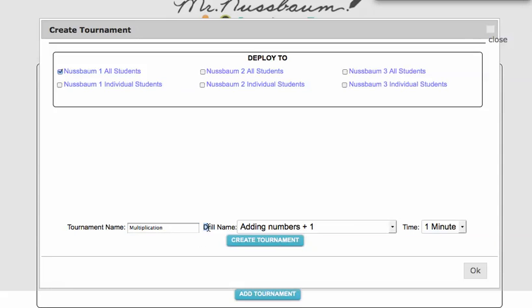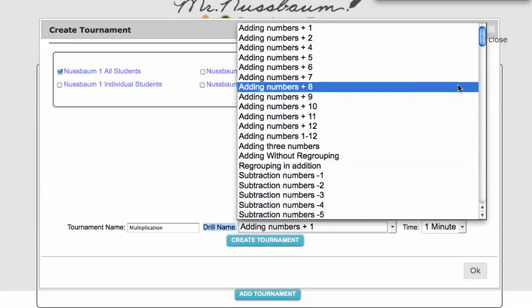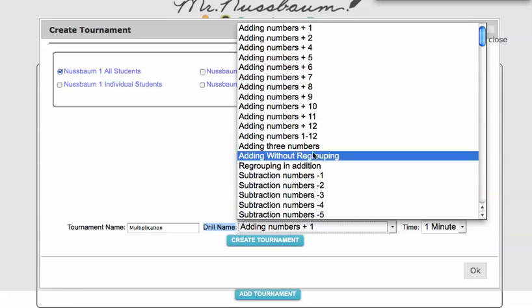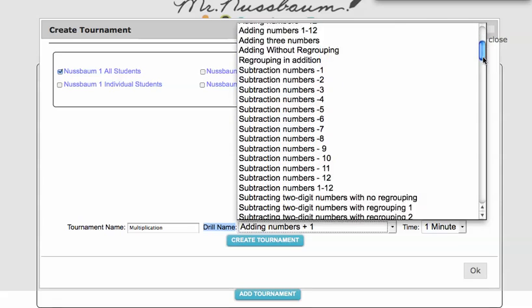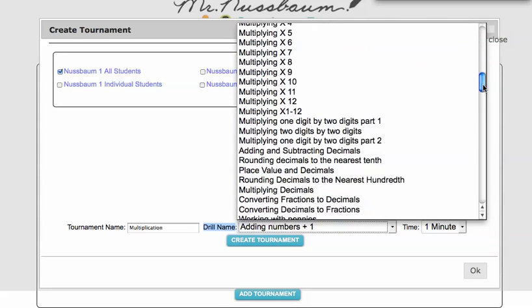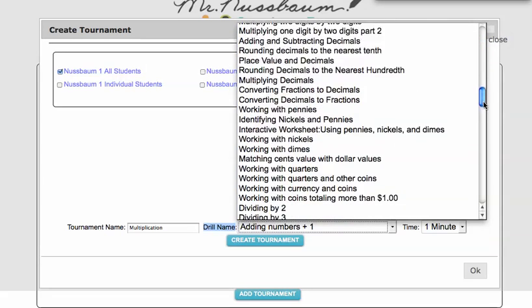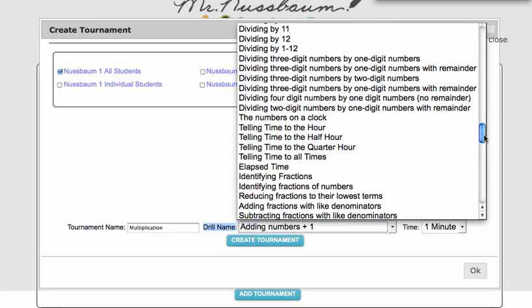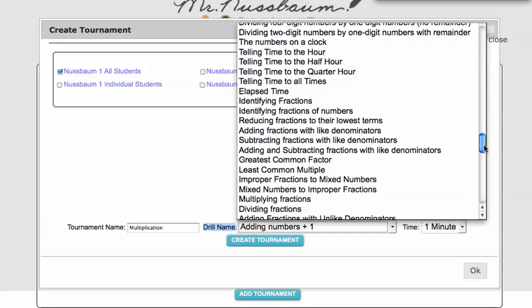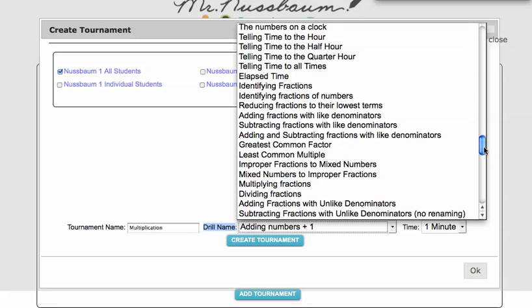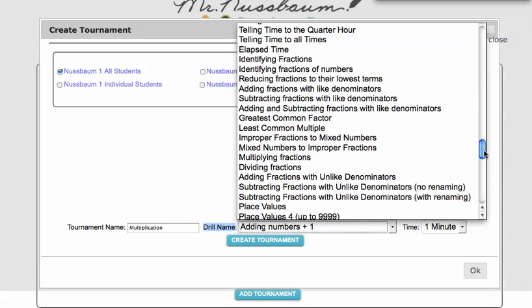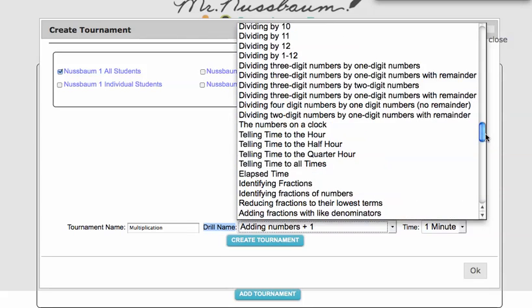Now here is drill name. Now watch. There are lots of different skills that can be practiced in a tournament environment. You see I can do all sorts of adding numbers, subtracting numbers, multiplying, division, rounding, coins, telling time, least common multiple, greatest common factor. Some of them are pretty difficult skills like multiplying fractions, which aren't probably appropriate for a 1-minute time limit, but certainly the one I'm going to do,